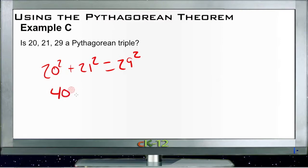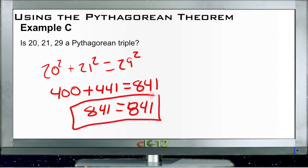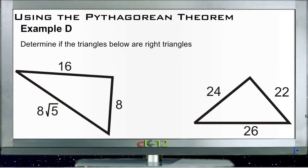So we have 400, 20 squared, plus 441, which would be 21 squared, equals 841, which is 29 squared. So 400 plus 441 is 841. Looks like that's probably equal to 841, at least, last I checked. So since that's a true statement, yes, this is a Pythagorean triple, and those three dimensions could make the sides of a right triangle. And then finally, example D,